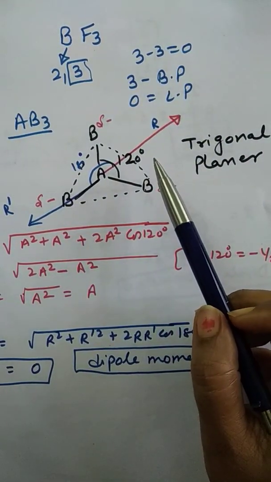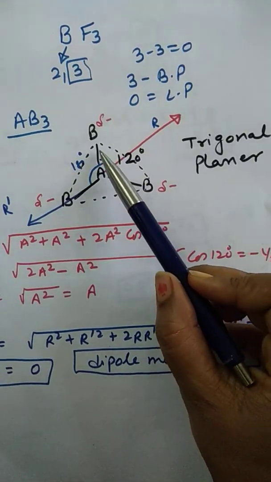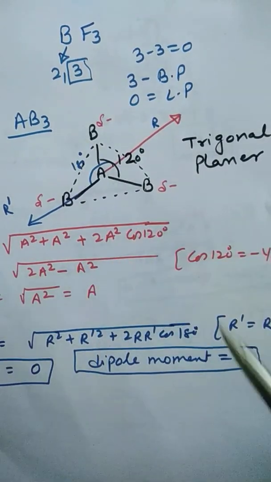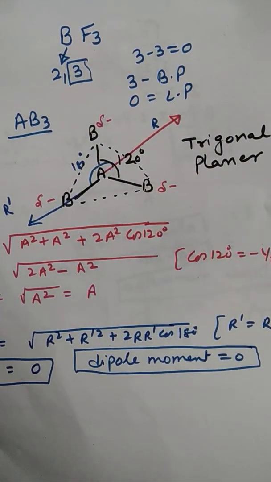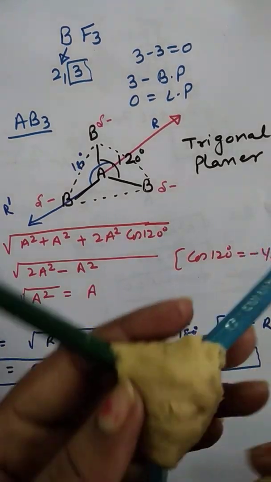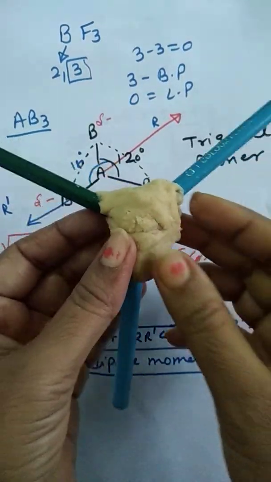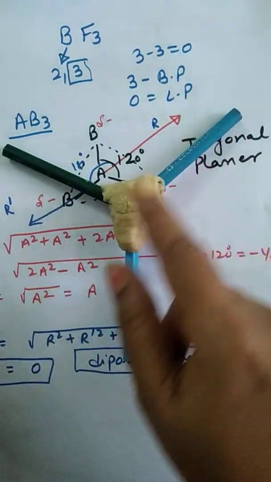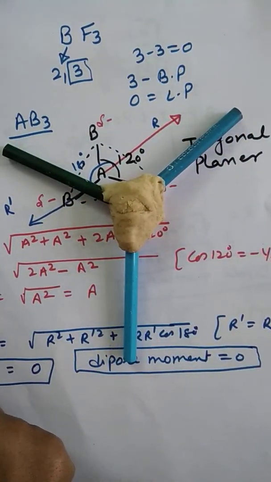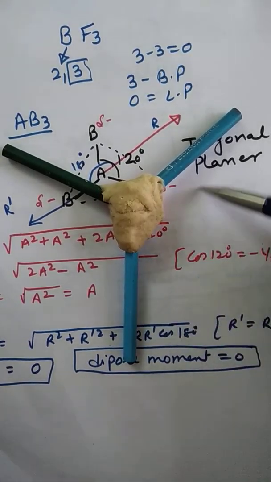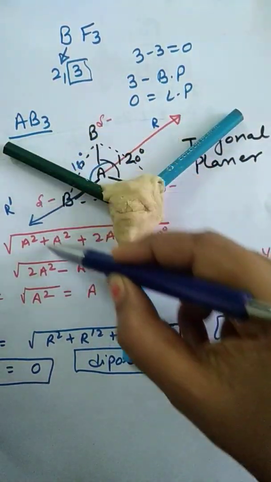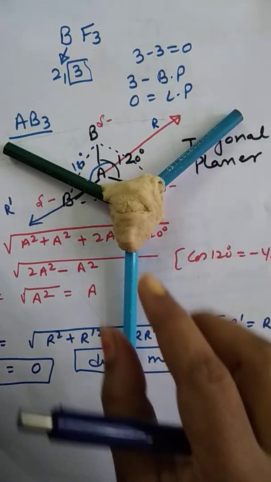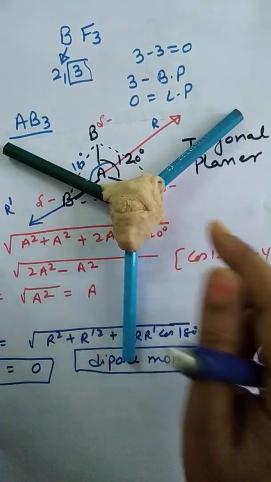The second thing we want to figure out is whether this molecule has a dipole moment or not. So this is an AB3 type of molecule. An AB3 type of molecule will have trigonal planar symmetry. Trigonal planar means the whole shape is in one plane, and if hypothetically you try to join this end, this end and this end, you will have one triangle. That is why the name of the shape is trigonal planar: one triangle in one plane.